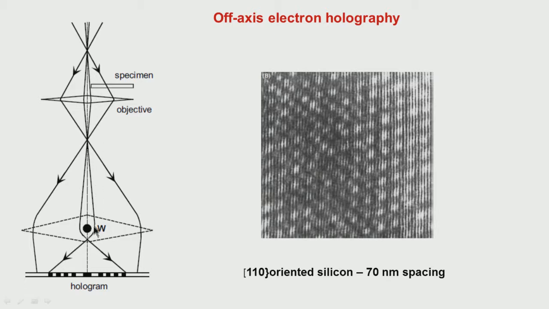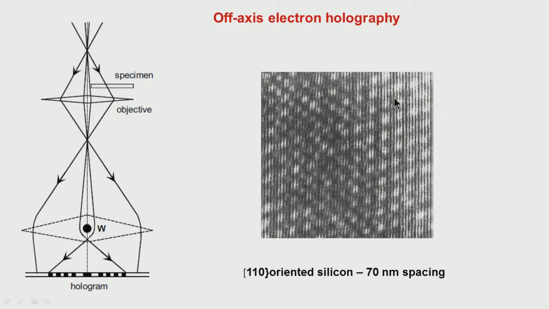Here we have a Fresnel biprism which is splitting the beam. So what is a Fresnel biprism? This is like a small glass coated with conducting material, and if we apply a voltage, this will scatter the electrons in different directions. This is the direct beam which interferes with the beam scattered through the sample, and this will create a holographic image. This is one such holographic image obtained from silicon; 110 oriented silicon is being shown.